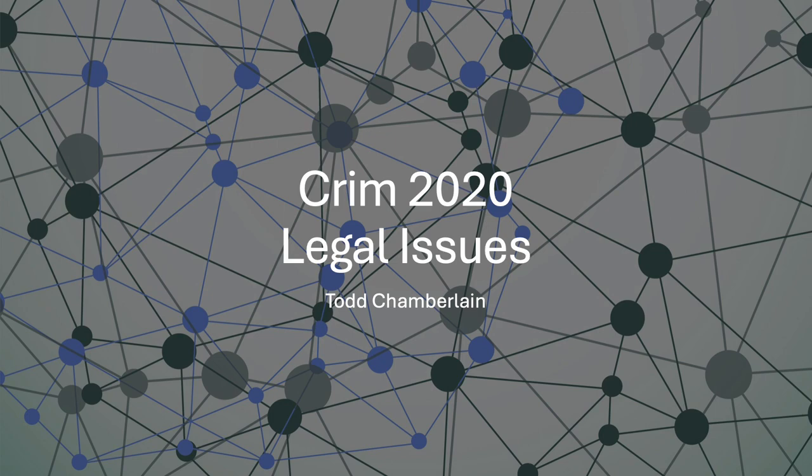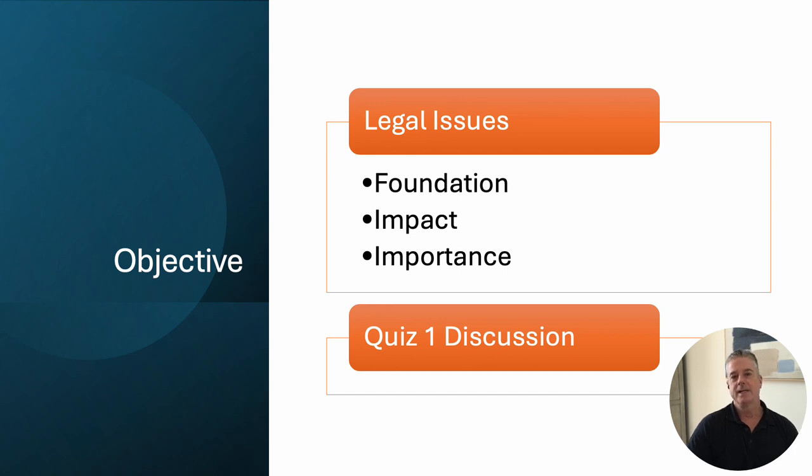This one is going to be specifically regarding legal issues, and this is going to be probably one of the more intense, and I'll explain that in just a second. And again, why do I say intense? Because in this particular lecture, we're really going to focus on a lot of the court cases that set the foundation for the criminal justice system for law enforcement across the board. And so when you look at particular things like the Terry stops, which we're going to talk about, the Miranda rights, court cases that really change the dynamics of how law enforcement functions and how they work within society, we're going to go through a lot of them.